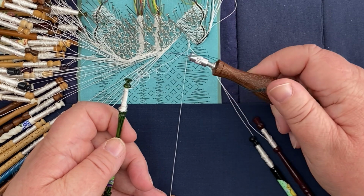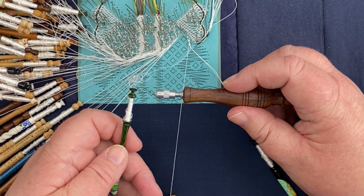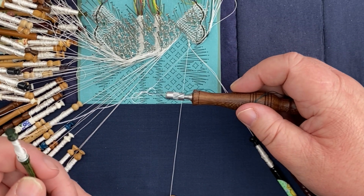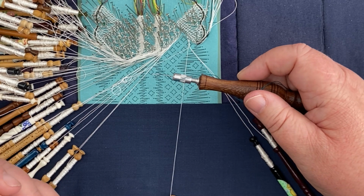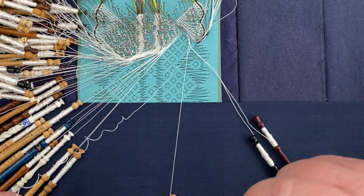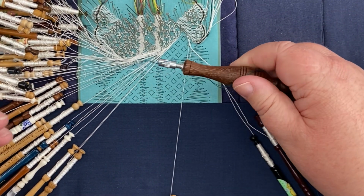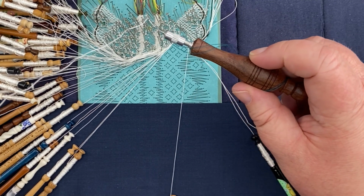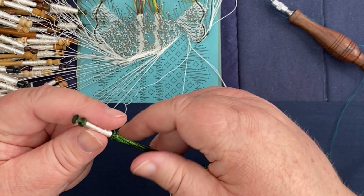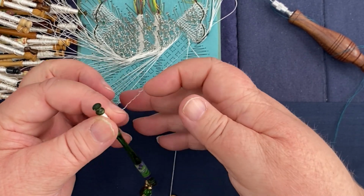Now this is a point where you want to be really, really careful. Don't pull it really hard, because in theory you shouldn't actually have a knot on this thread, but there might be the odd occasion when you do. But in theory, because you've been lifting the loops over the top of your bobbin, it should come out straight like that. And so then it's just a matter of winding the thread back onto your bobbin,